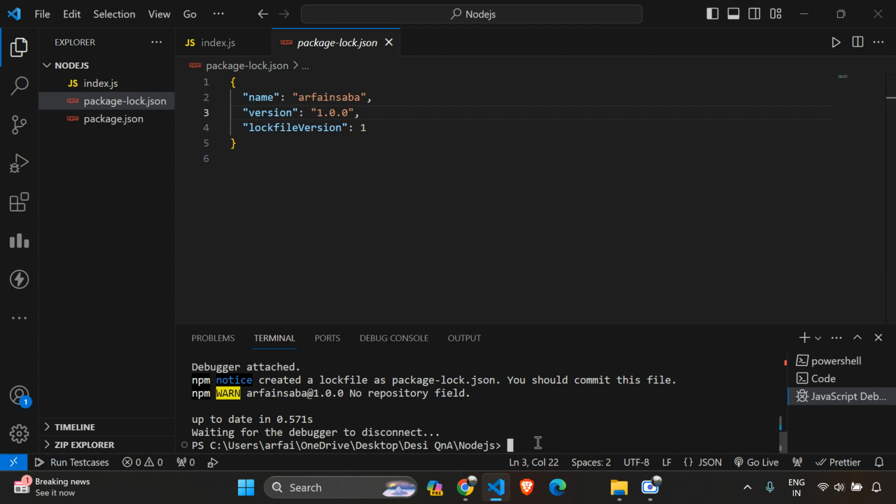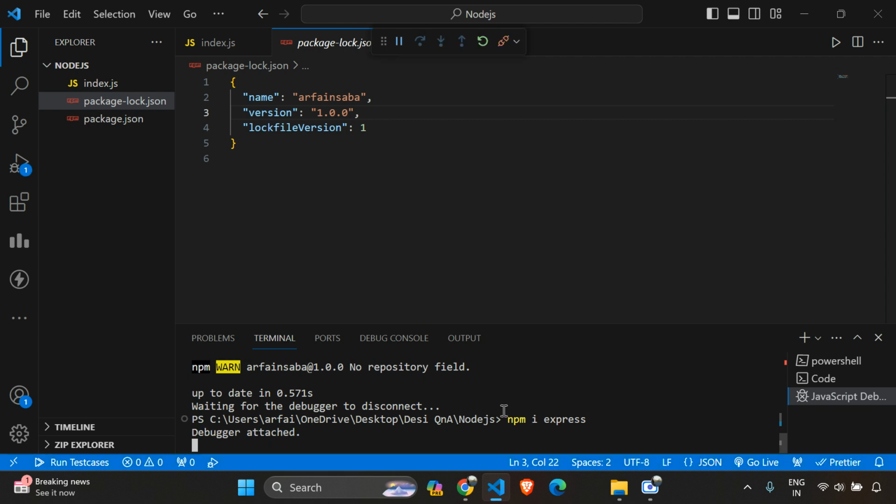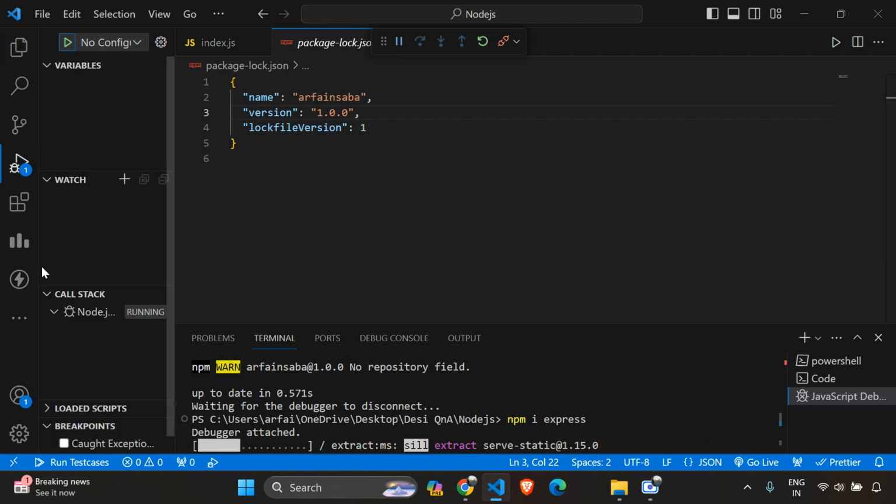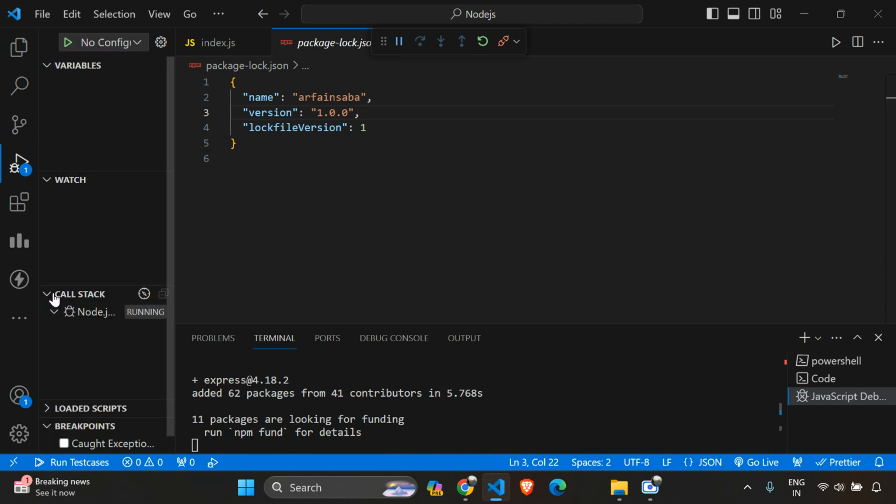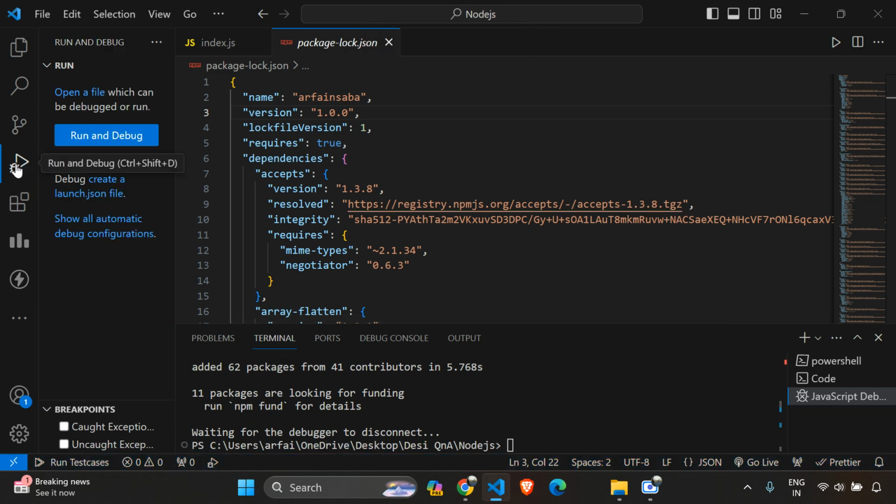Here you can see name and version have been specified. But now I want to add a particular dependency over here. Let me say I want to npm i. You can use npm install or you can use npm i, both are perfectly fine. So as a shorthand, I will just use npm i. Let's say you want to install this Express. Okay, let me just do it in this way. So yeah, debugger, why is it attached? I don't want this debugger.